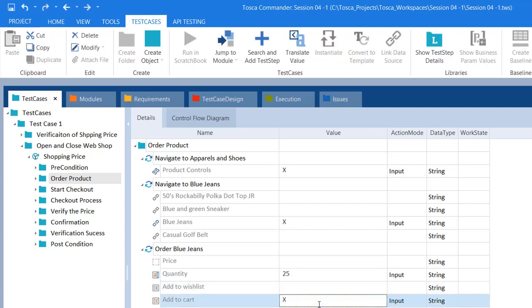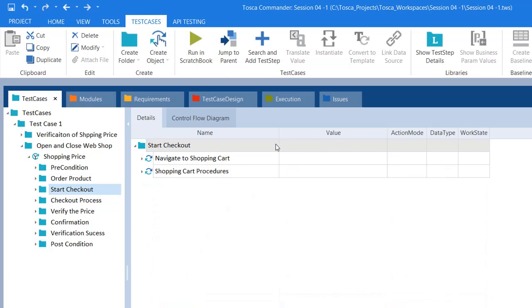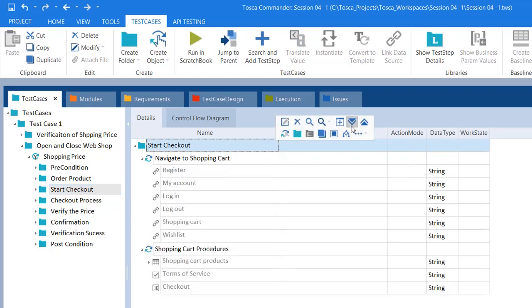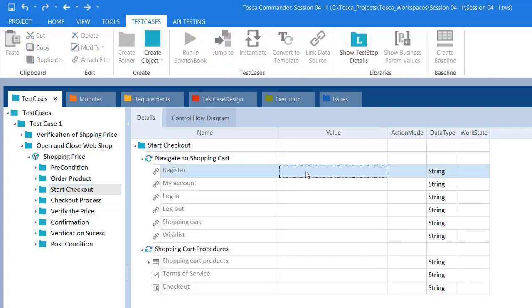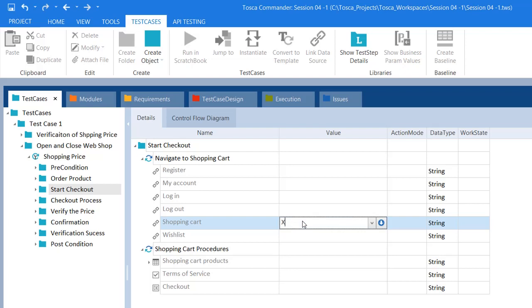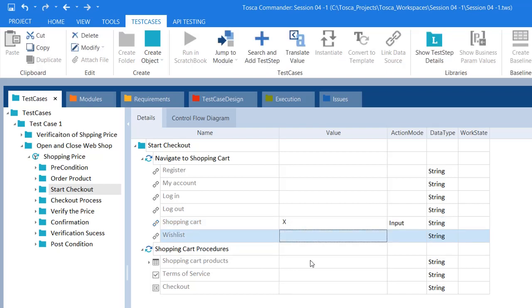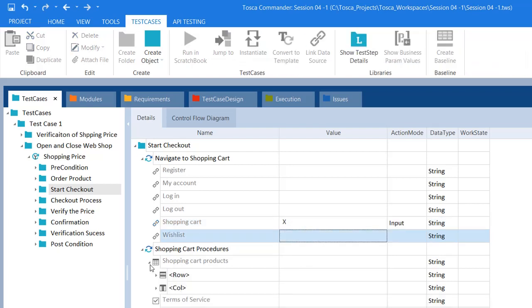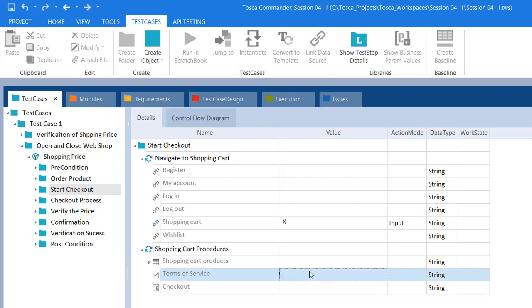So hence I'm entering add to cart, and then go to start checkout, expand this, and here I'm navigating to the shopping cart, right? For that I have to enter X against the shopping cart link, and then I have to click on terms, right?